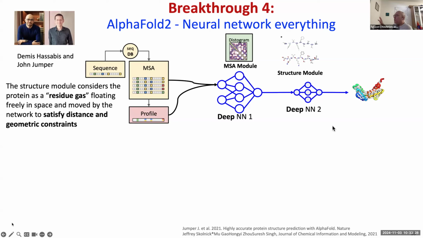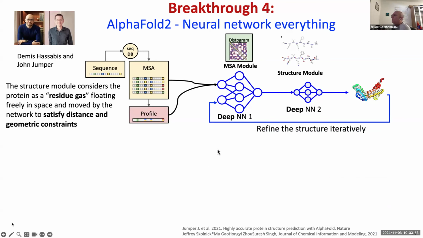We have little dots in space, which are called the residue gas model, which are moved by the network to satisfy distances and geometric constraints, which are learned from the PDB. So this network learns from the PDB, and the PDB includes enough information about the geometry, distances, etc., in order to be able to build the final model. This is even more effective than the previous